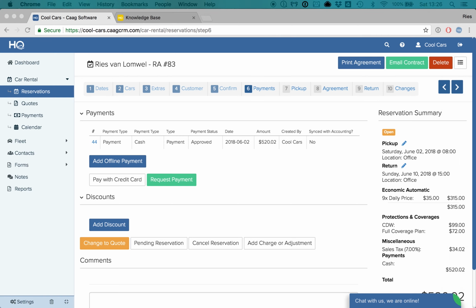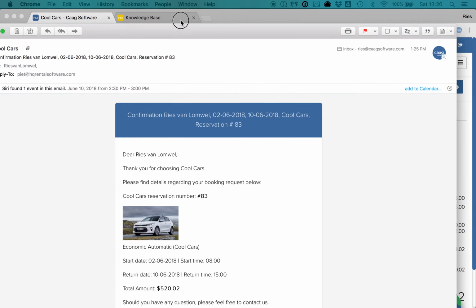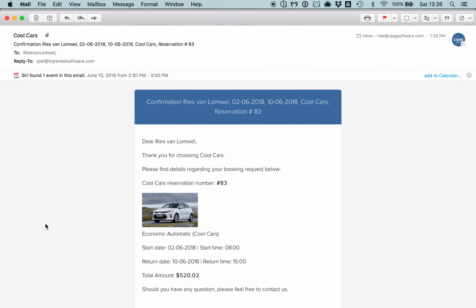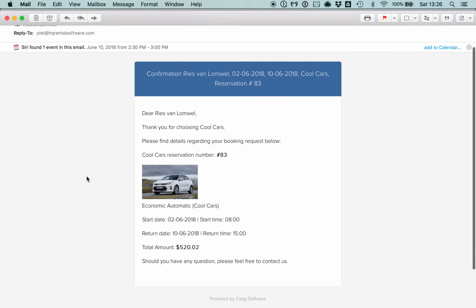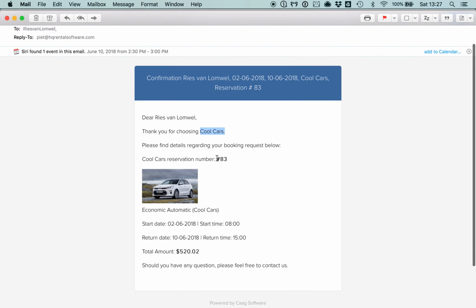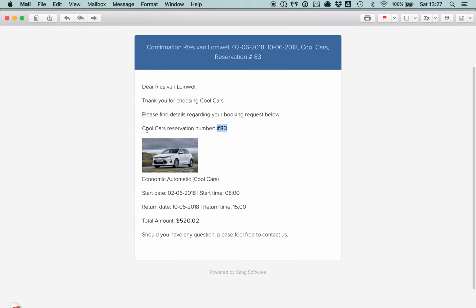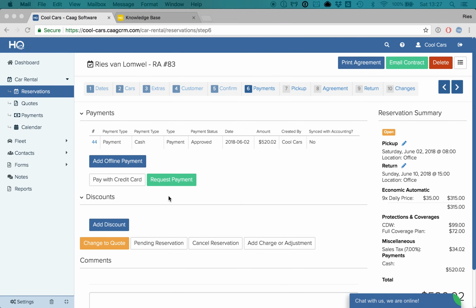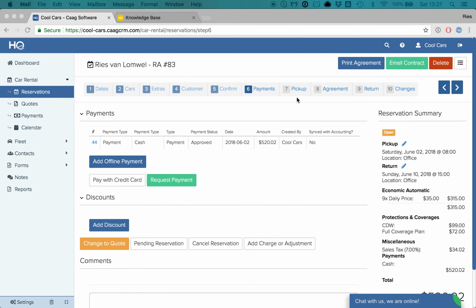We also got an email just now, so this is what the confirmation email would look like to the customer. As our example, here's the customer name, a thank note from your company. It will also generate a reservation number, and show the total amount at the bottom. But of course, this content can all be customized to your own preferences. So now the booking has been confirmed, and it has been paid, so we can go ahead to the pickup